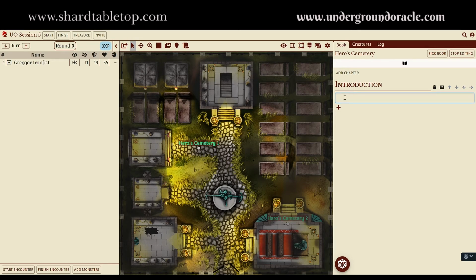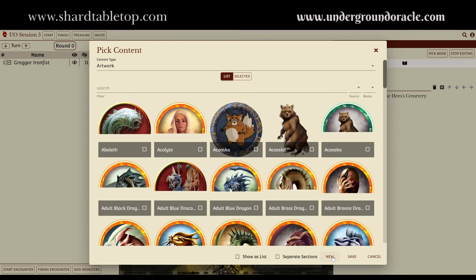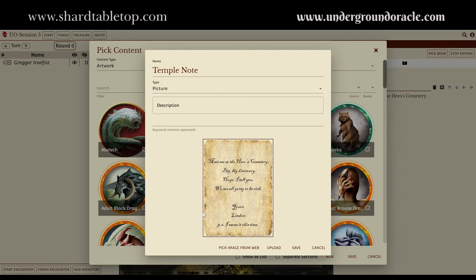So this is a one-shot set in Heroes Cemetery. And I want to go ahead and add my intro note here for the players. So I'm going to go select artwork to insert, and I have a new one that I want to upload. So I'm going to say new, upload image, and I'm going to go find my artwork. I happen to know I put that in here, and it's called the temple note. So there's the temple note. This will give me the image, meet me at the Hero Cemetery. I'll rename it